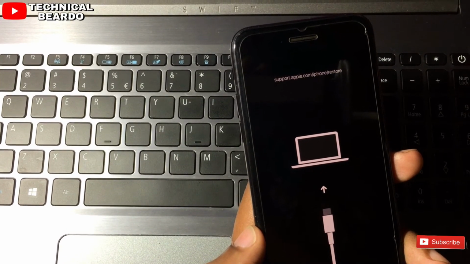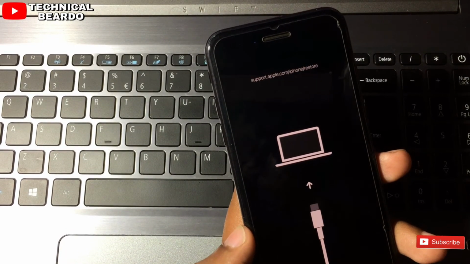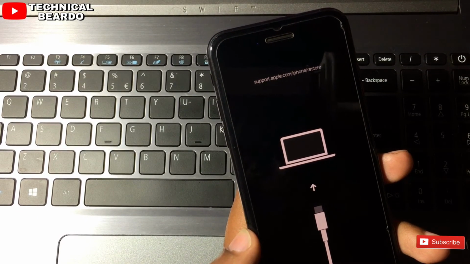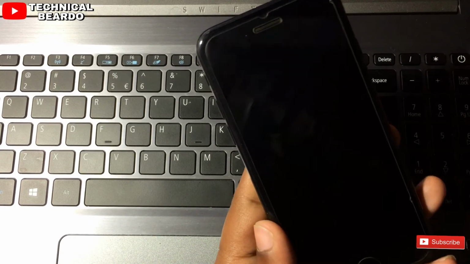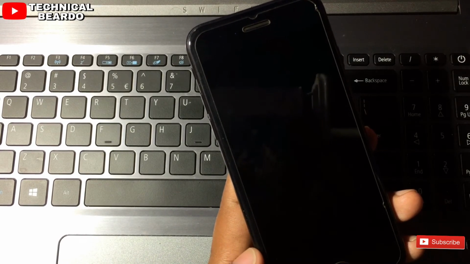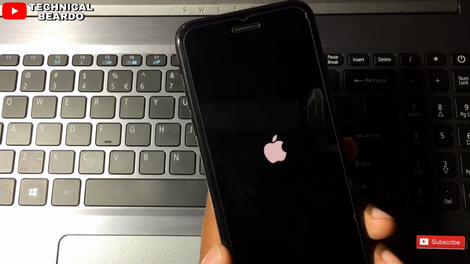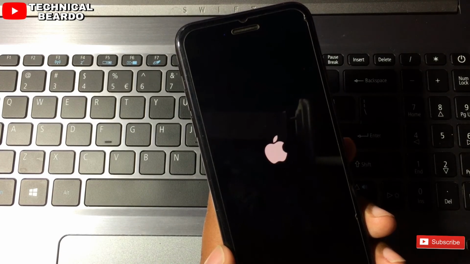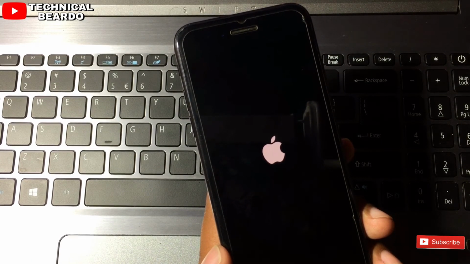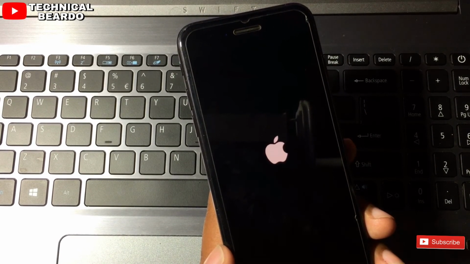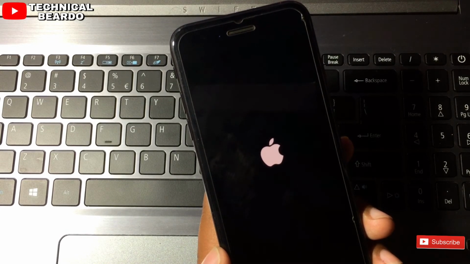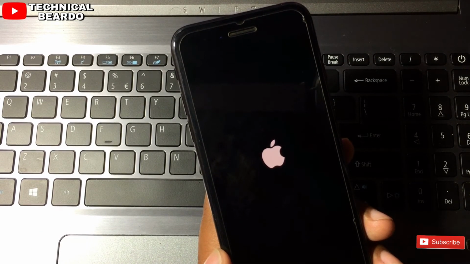Now as you can see, my phone is stuck on this screen. So after I click repair now, let's wait for a few seconds, and after you wait for a few seconds it will automatically fix your device and the Apple logo will appear. That means that it is repairing your device and your iPhone will start as a normal phone as it was. Like this, friends, with TenorShare Reboot you can solve more than 150 iOS issues with a single click.